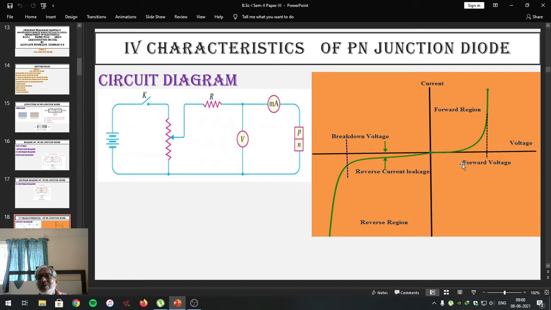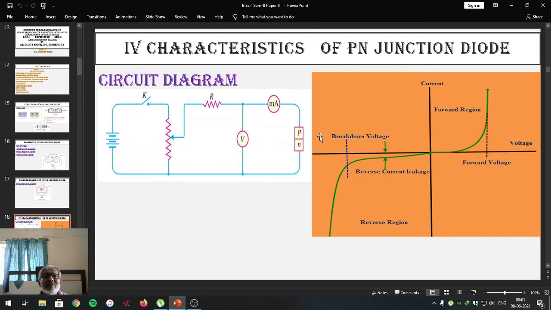Friends, this characteristic represents the working of the PN junction diode in forward bias direction. That is the reason why it is called the characteristics of the PN junction diode. If you look into the graph of current against voltage of the PN junction diode, it represents the working of the diode. So this is what you have to remember, the forward characteristics of the PN junction diode. This is the forward breakover voltage, or the knee voltage.